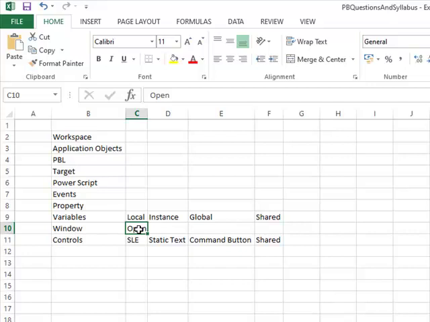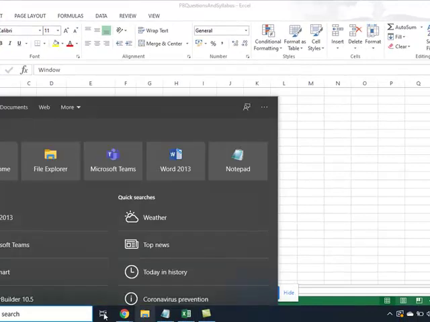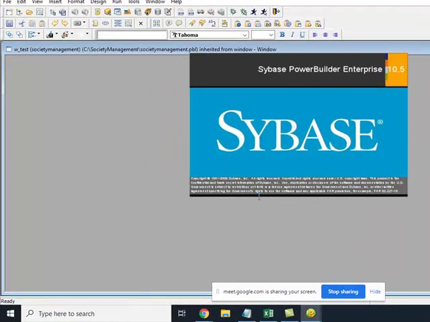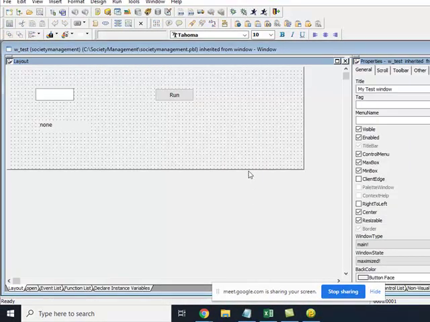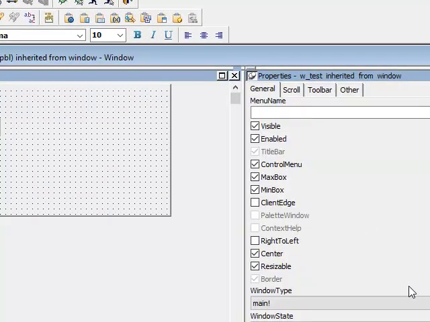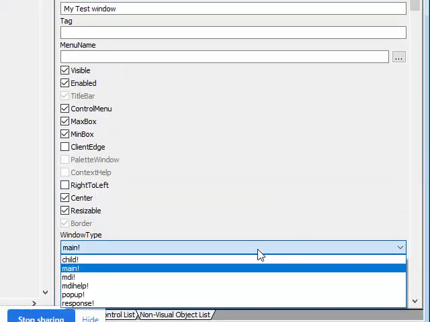So if I open PowerBuilder, here these are the properties. You can see here Window type. How many types of Windows do we have?